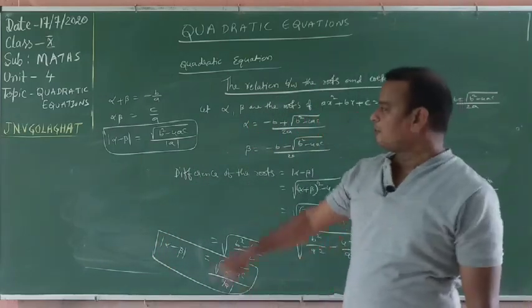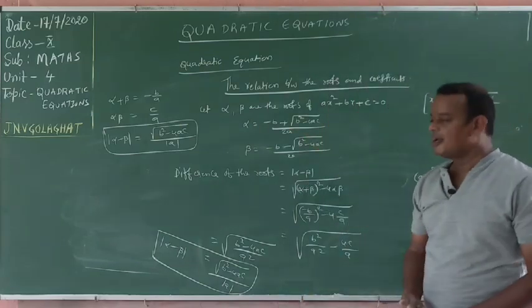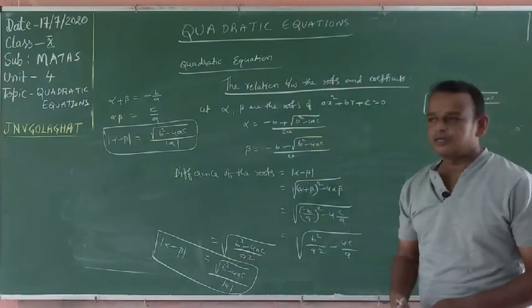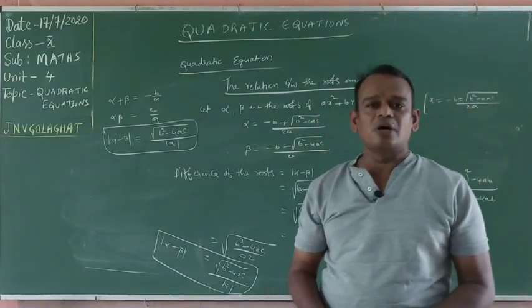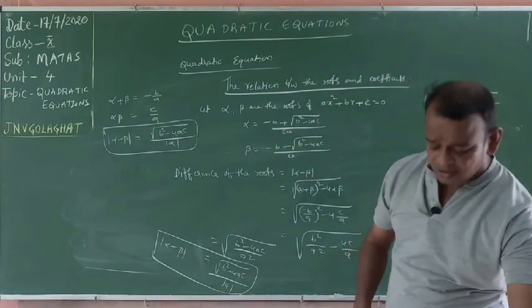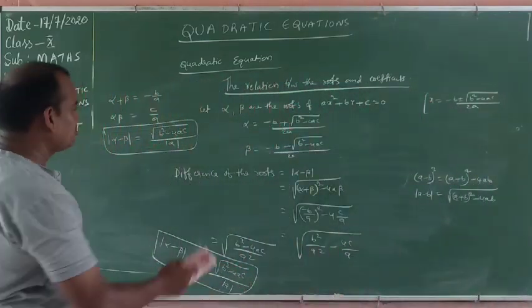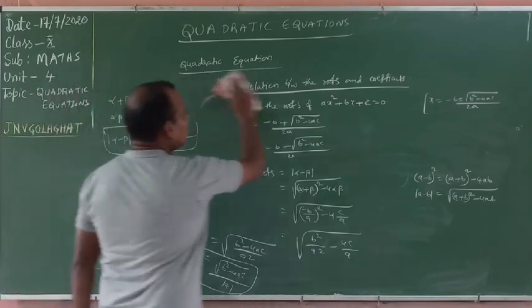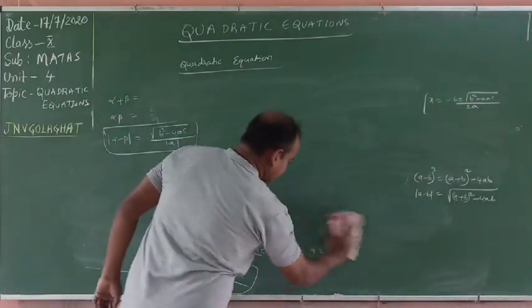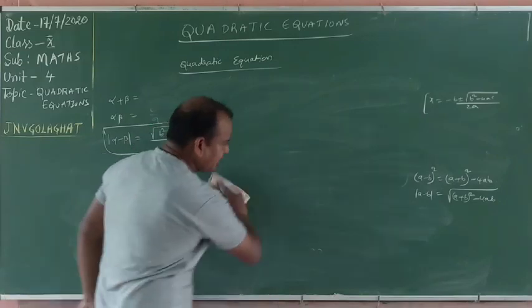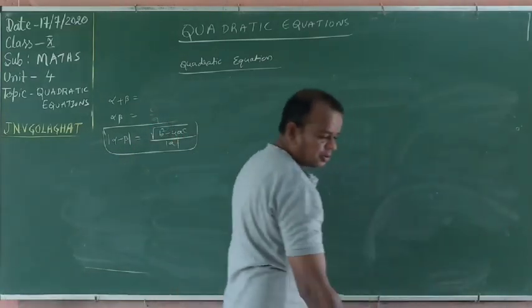Understand? Sum of the roots formula is minus b by a, product of the roots formula is c by a, difference of the roots formula is root over b square minus 4ac by magnitude of a. Now in this one important question for mains level or whatever may be, one important question. What is the important question? Listen carefully. You try thinking. You will think this problem.